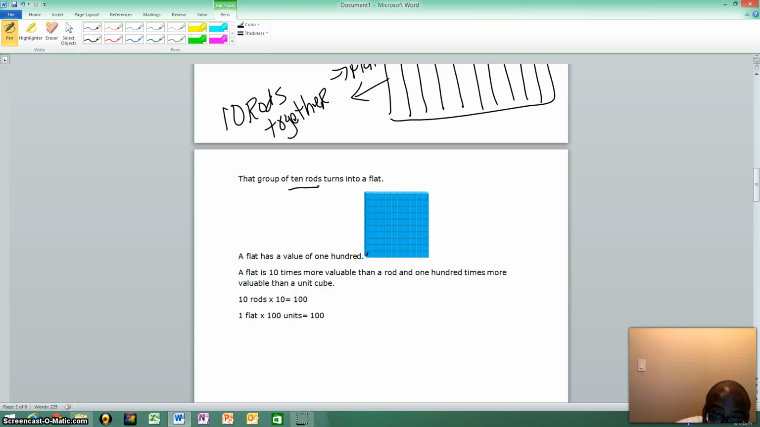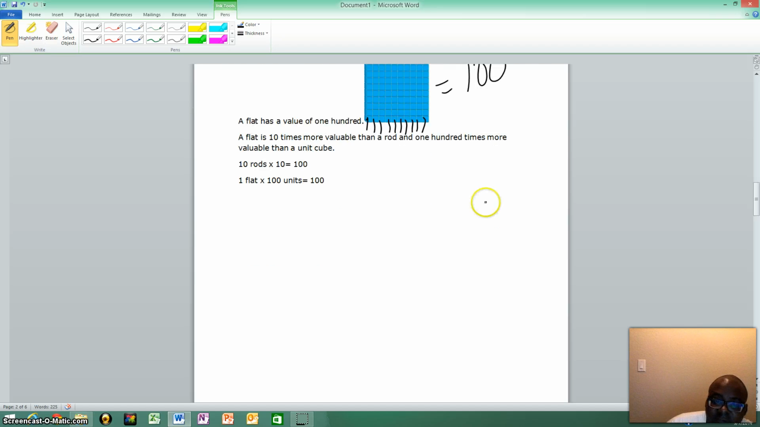Because you can see here that there's 1, 2, 3, 4, 5, 6, 7, 8, 9, 10 of those little rods glued together. And 10 of those rods with 10 unit cubes each is going to give us 100. So now this is going to be worth 100. It's going to have a value of 100. So anytime I have some flats, that's 100,